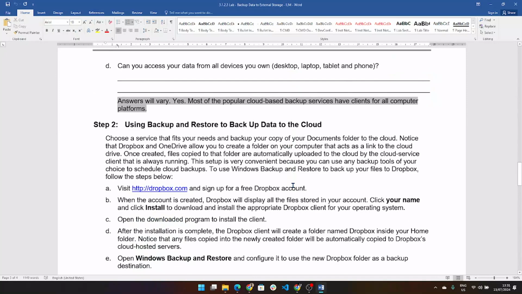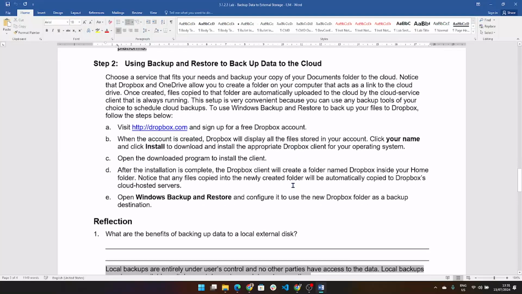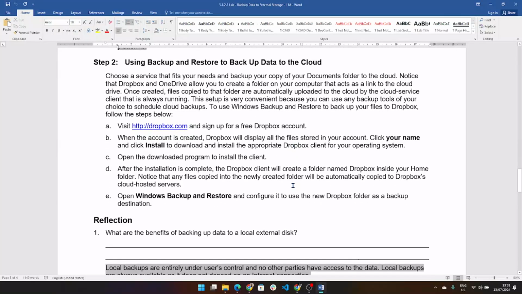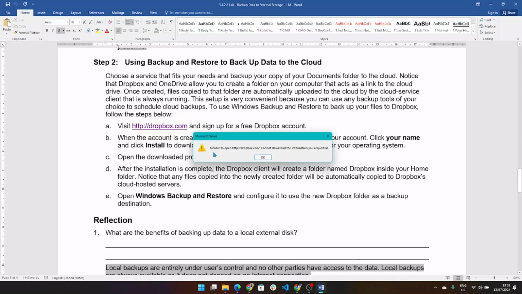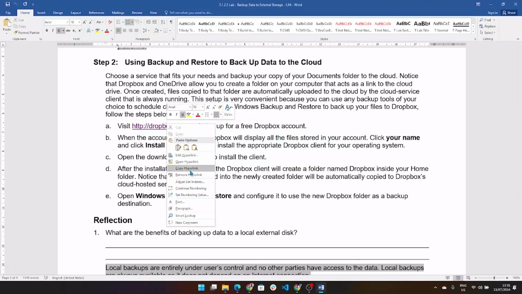So next, we're going to try to use Dropbox. So I said you should visit dropbox.com. Okay, you create an account. You can also download the Dropbox app when you open it. For example, if I click and open this now, I'll be able to create an account and download the Dropbox. Oops, open it. Okay, hyperlink,